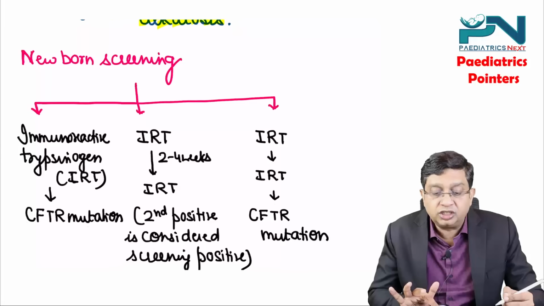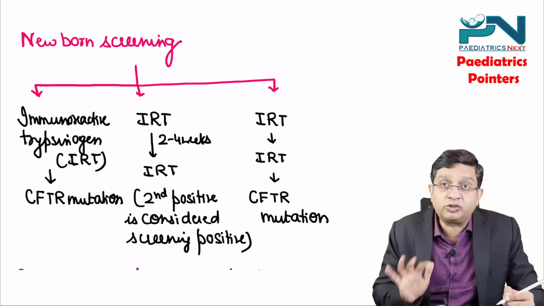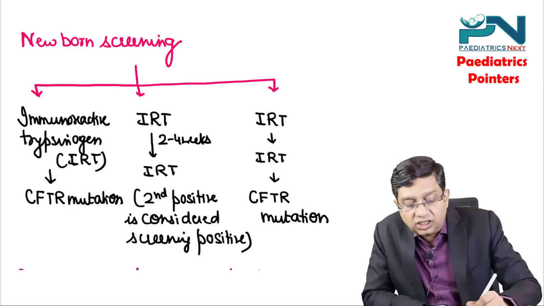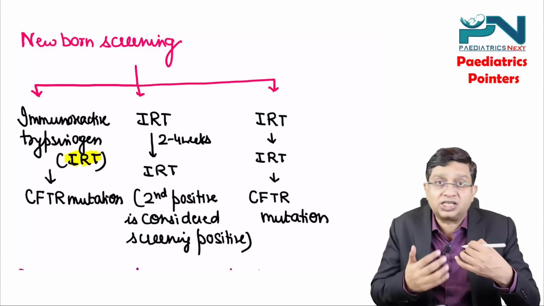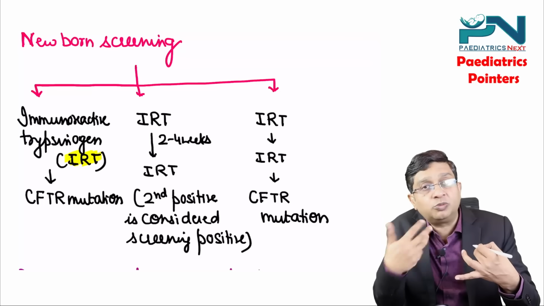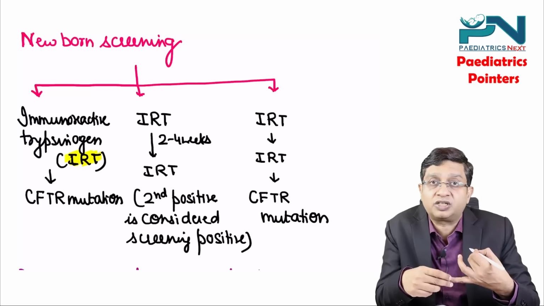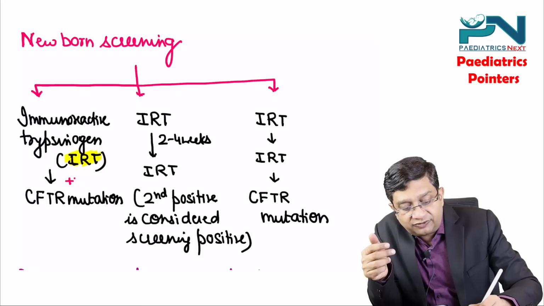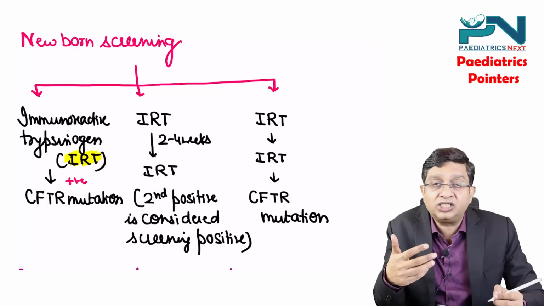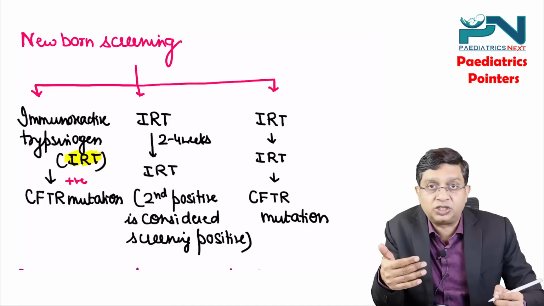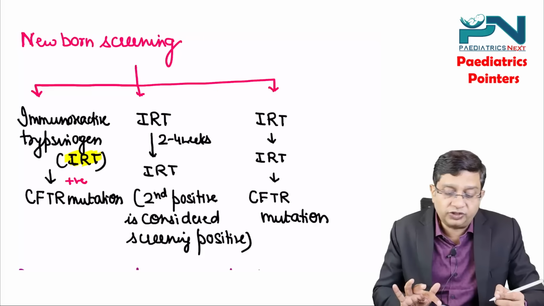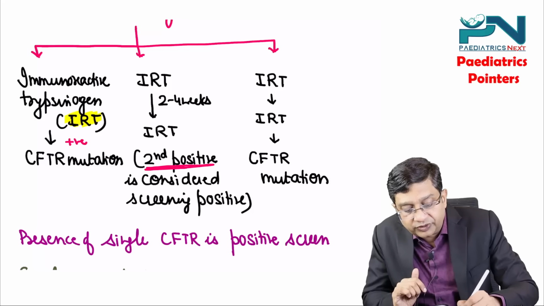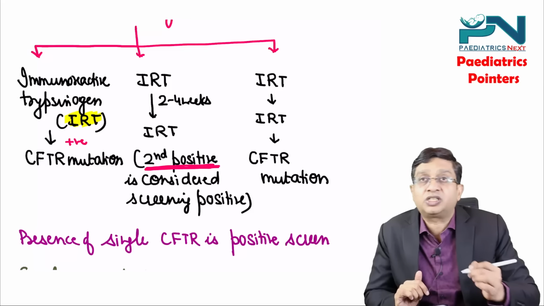In the newborn, if you want to screen, according to Nelson latest edition, 22nd edition, there are now 3 modalities. One you can measure is the immunoreactive trypsinogen enzyme, which is a proenzyme that is almost always elevated in the patients of cystic fibrosis. If this is positive, you basically go for the CFTR mutation. Another modality is you measure immunoreactive trypsinogen, again repeat after 2 to 4 weeks, and if it is also positive the second time, the screening is considered positive. Third is